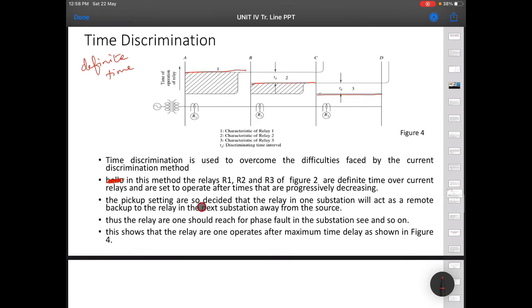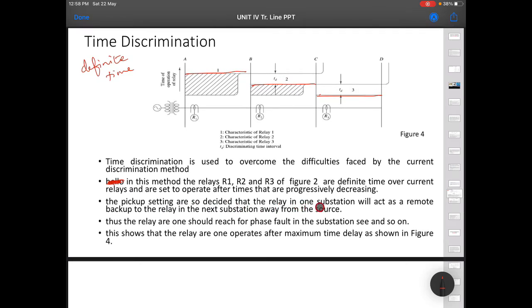The pickup settings are so decided that the relay in one substation will act as a remote backup to the relay in the next substation. So here the time delay is more, here it is moderate, here it is less, because if this fails, it will wait for some time and this will act as a backup.